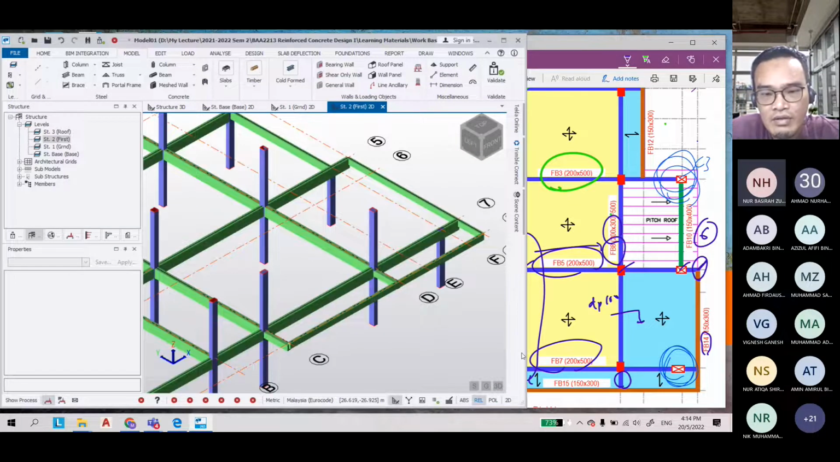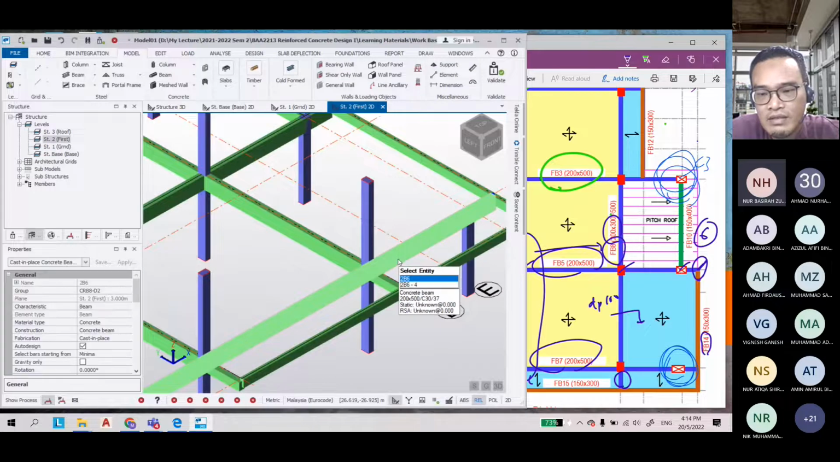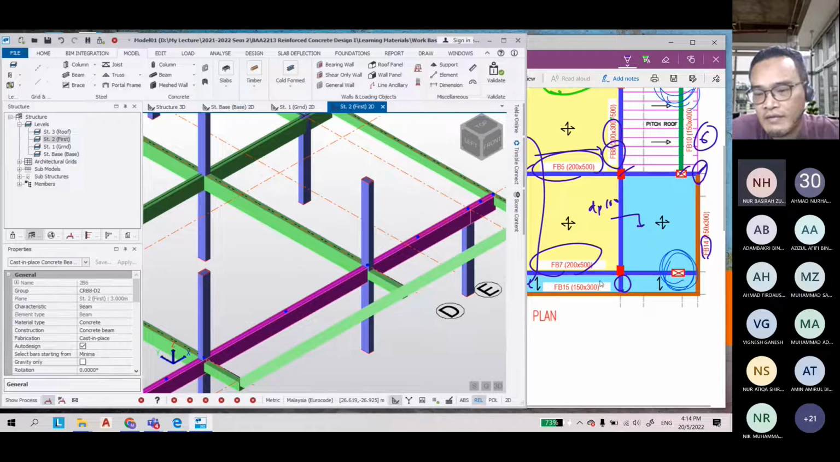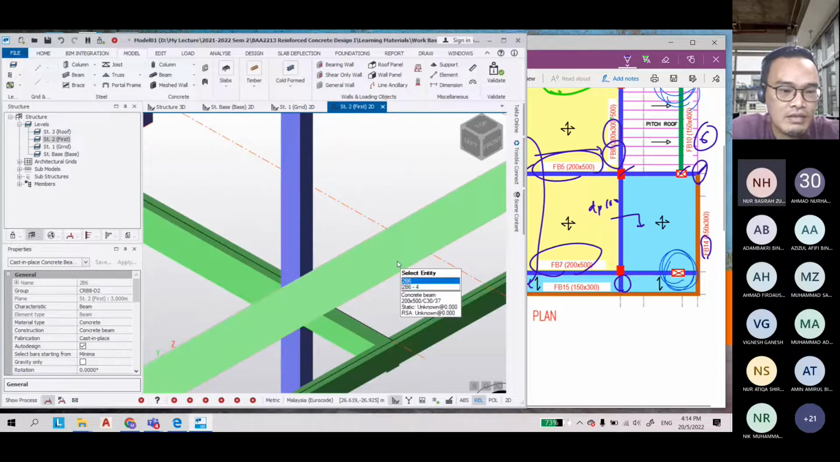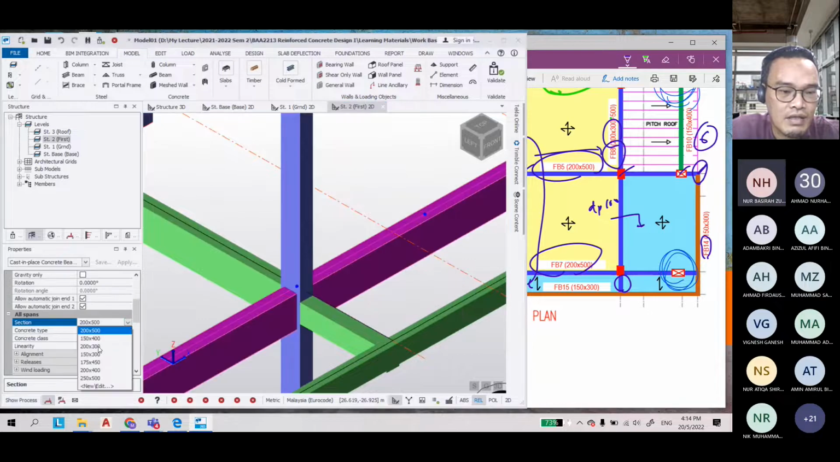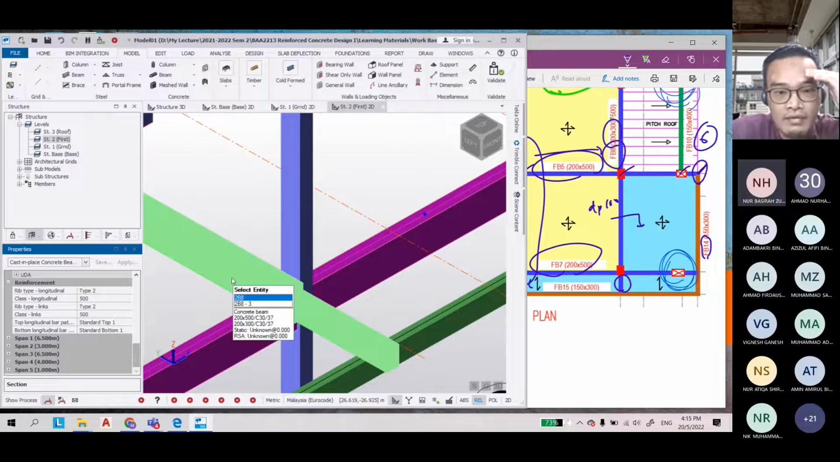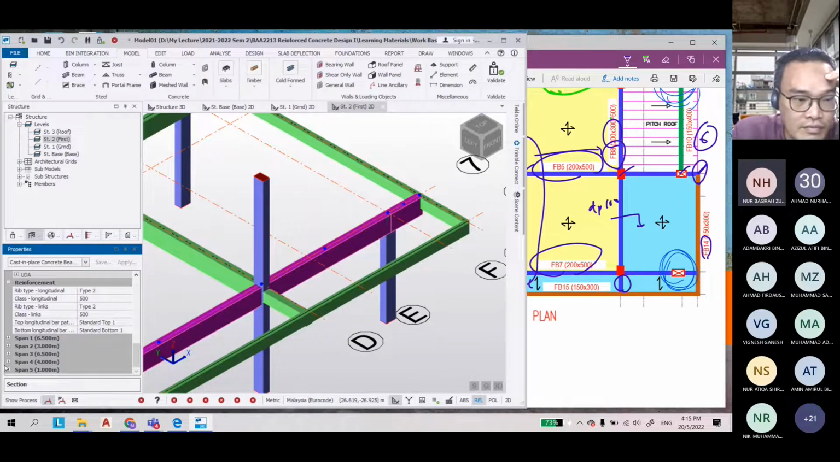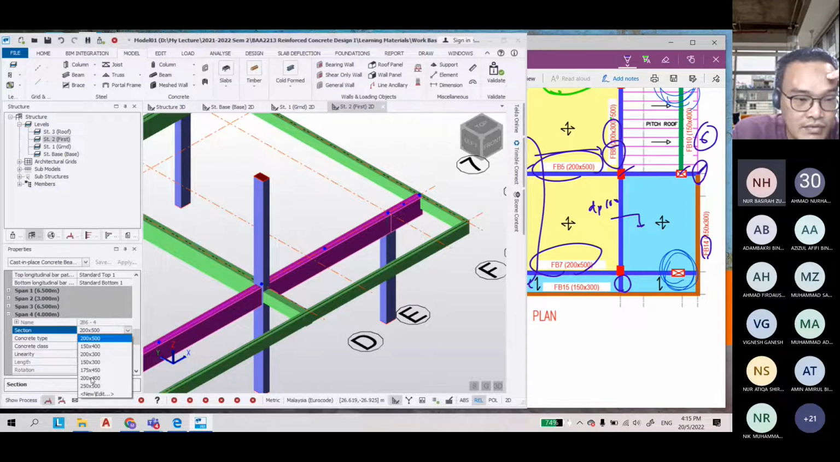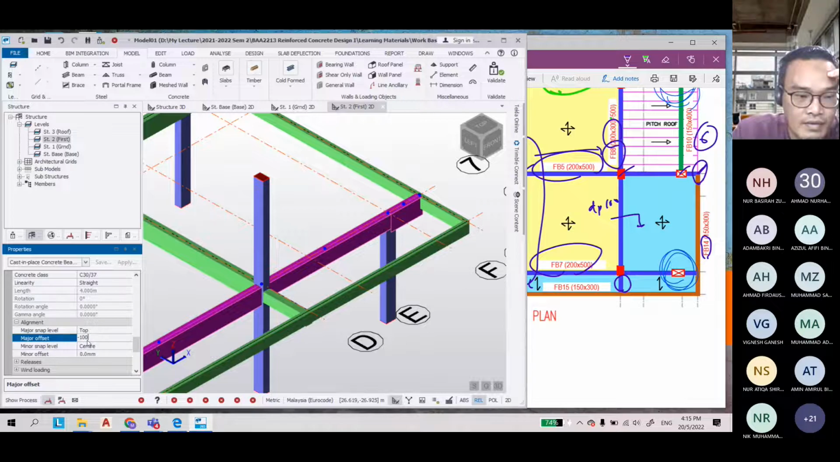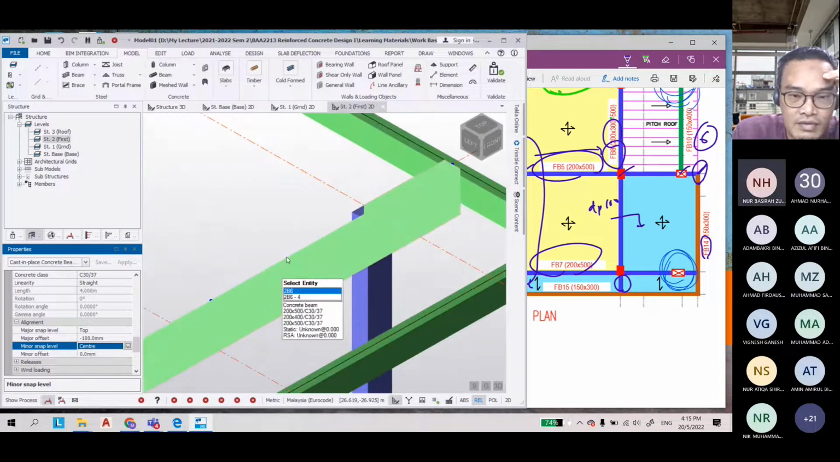Sorry, this beam shall be dropped, okay, by 100 actually, because we have slab here, so we adjust the size at the span number 4 and 5. Span number 4 shall be 200 times 400, and then the alignment is negative 100. Okay, you see the beam is dropped now,